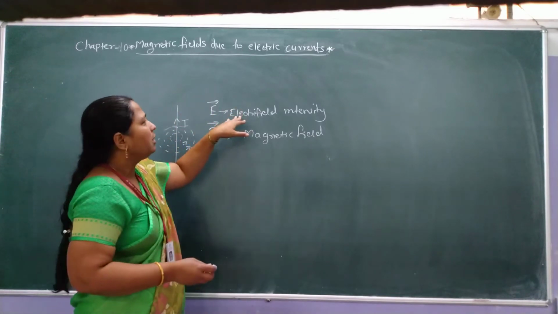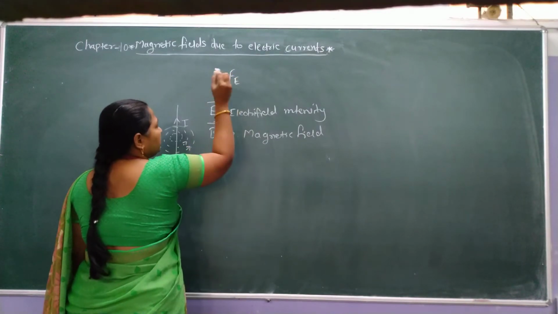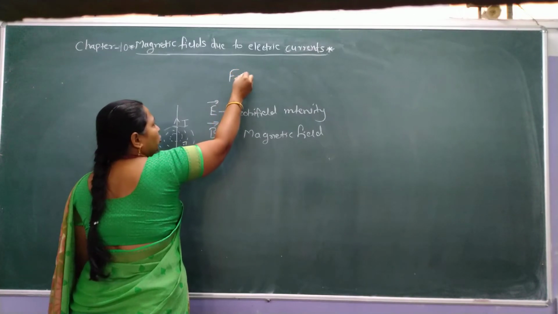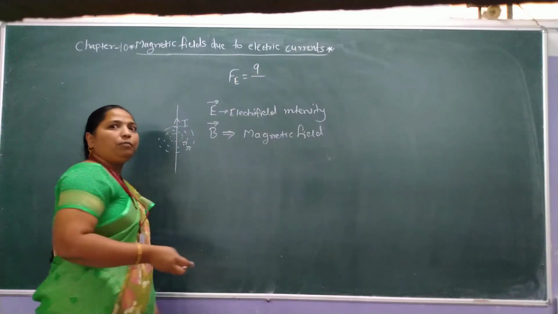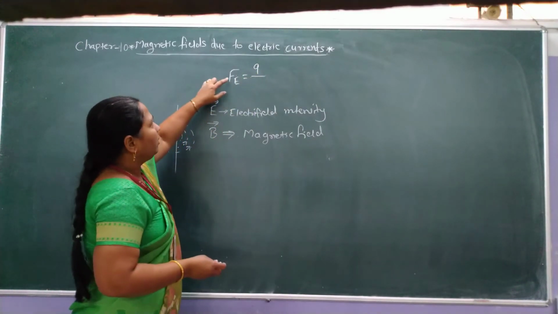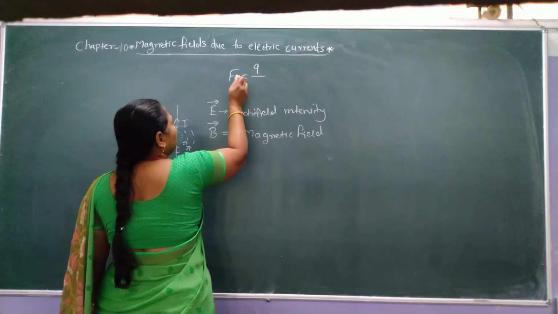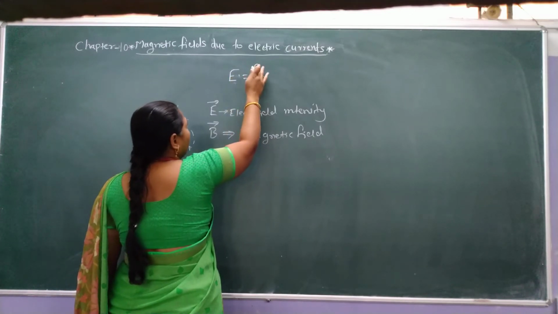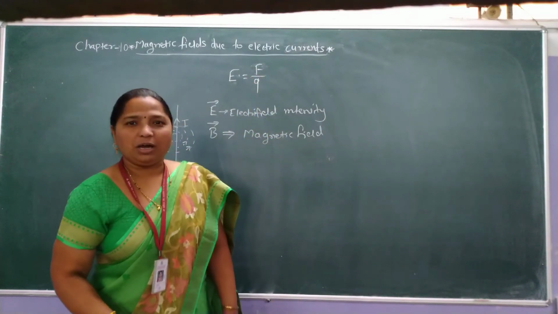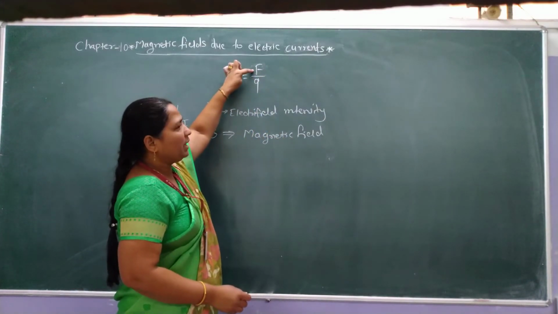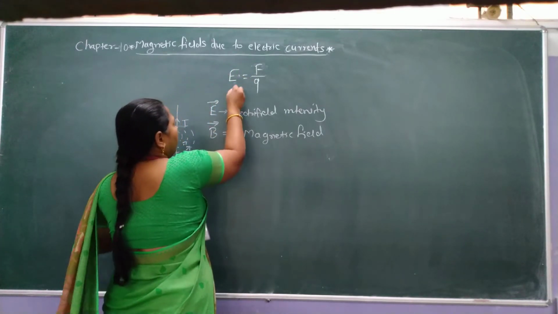the force acting on the rest charge is the electrostatic force, Fe. The electric intensity E is equal to F upon Q, the electrostatic force of attraction per unit test charge. E is equal to F upon Q, therefore F is equal to Q into